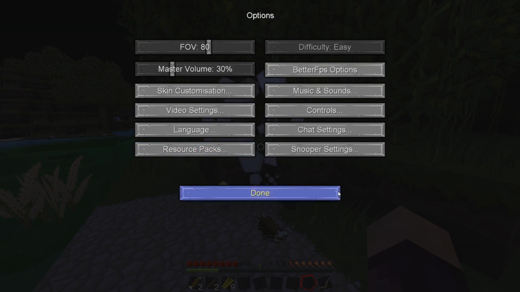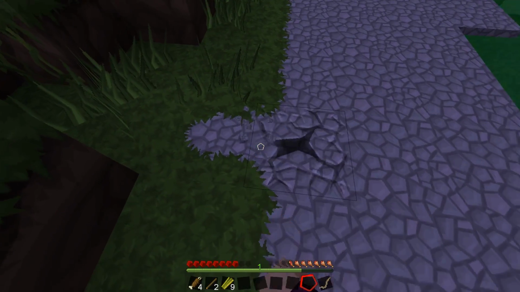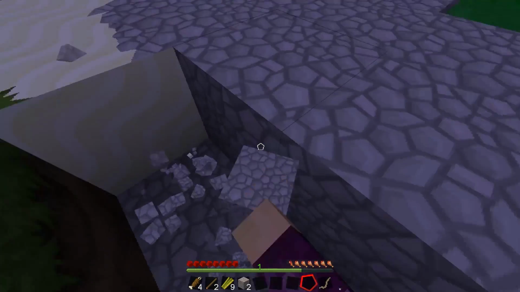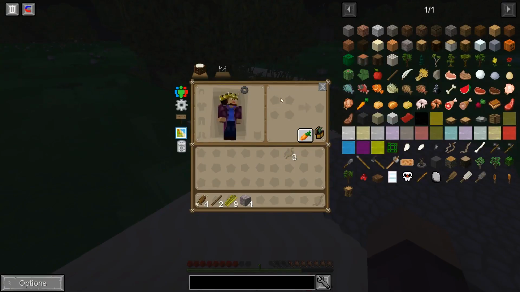If I do this, you can see the font is a little different there. I'm going to grab some gravel real quick before this guy gets to us. And so I believe that you actually can't get flint from breaking gravel, or at least it's a very small percentage chance. And instead, you have to make one of...